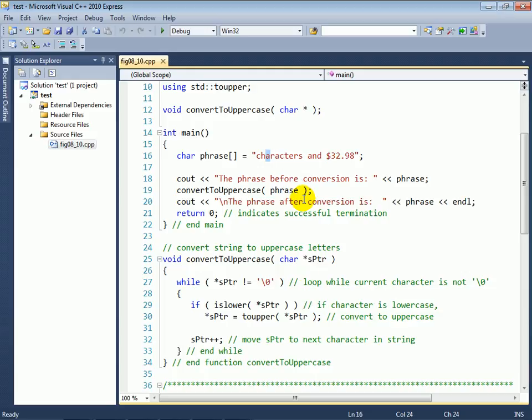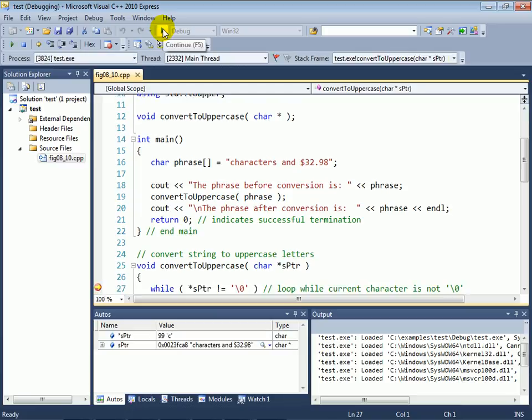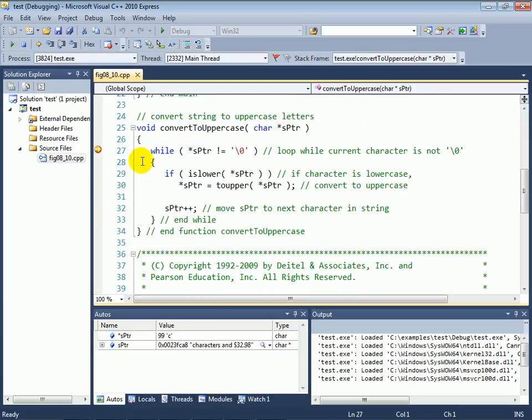So let's go ahead and run this program in the debugger so that you can see what happens. I'll put a breakpoint inside my convert to uppercase function in this case, and we'll run in the debugger. And let's just scroll down a little bit. So here we can see that sptr has a memory address, and the dereferenced value of sptr is the character C. So if I step over this, and I'm just going to step over to the point where we're going to increment sptr, and when I do that, you can see that now